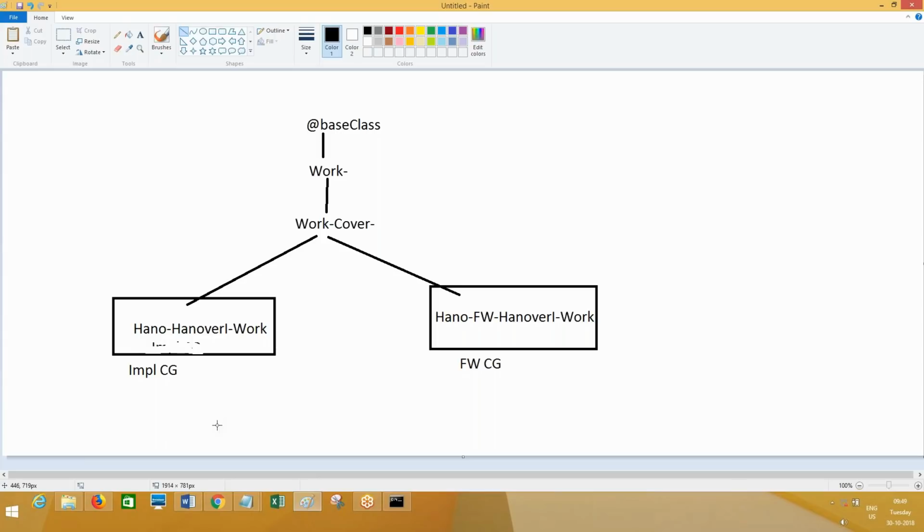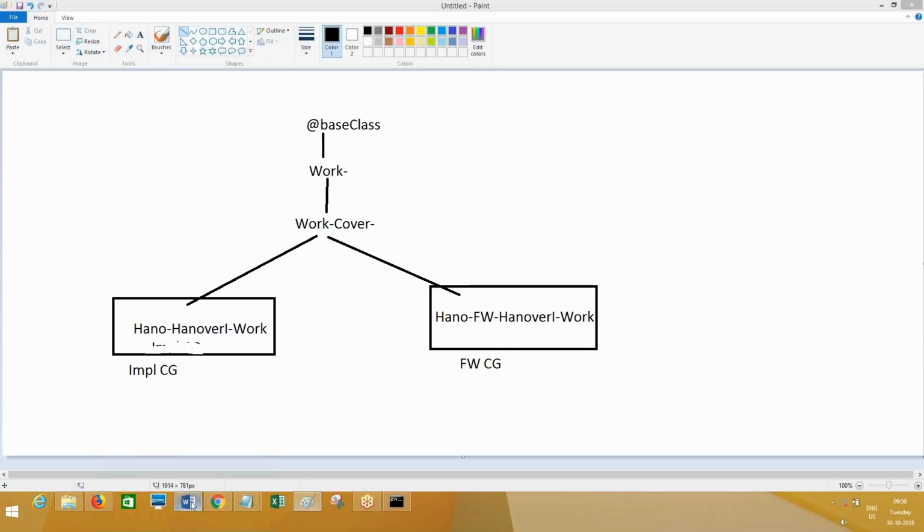The default wizard we run to create an application has created implementation class group and framework class group deriving from work dash cover dash commonly, but there is no relationship made between framework and implementation. Should it be there or not? It should be there. Then only it can use from framework classes. Otherwise, it cannot use.